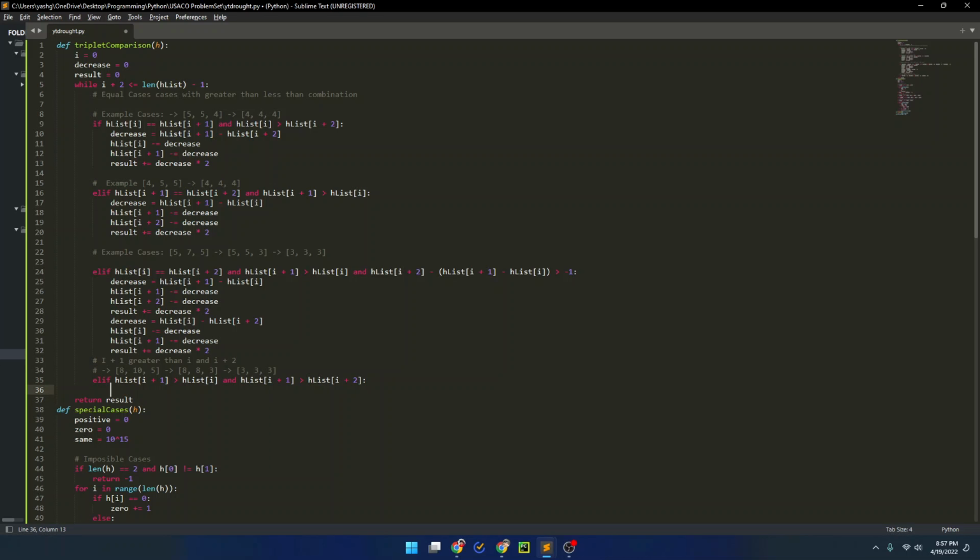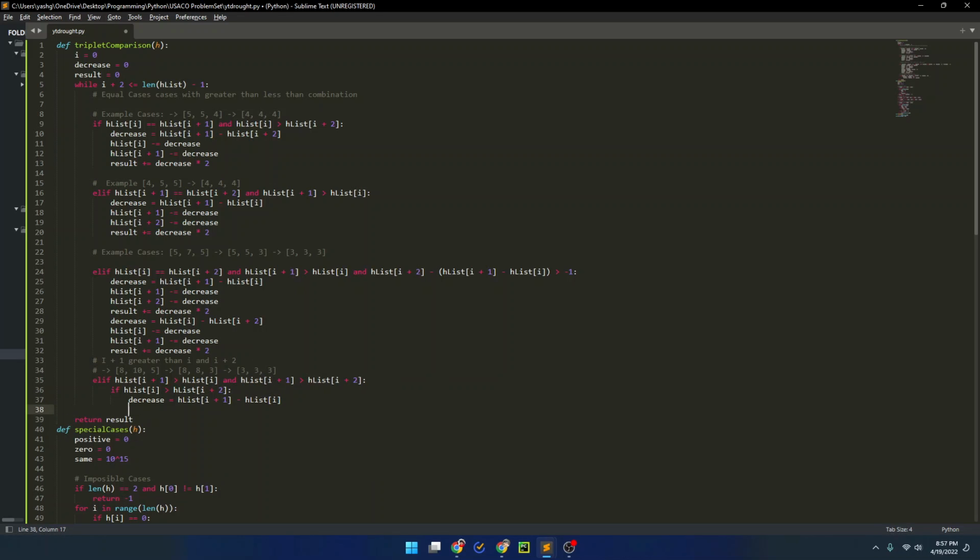And then we're going to say if h_list[i] is greater than h_list[i+2]. For the case when 8 is greater than 5, then we're going to say decrease equals h_list[i+1] minus h_list